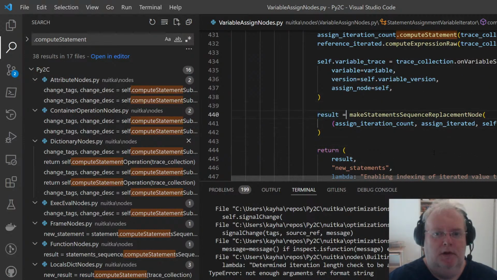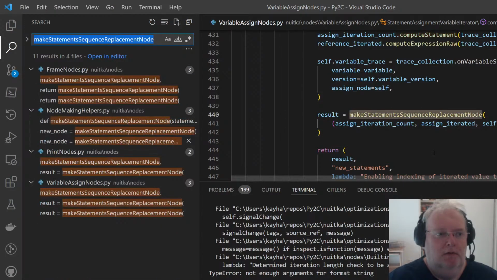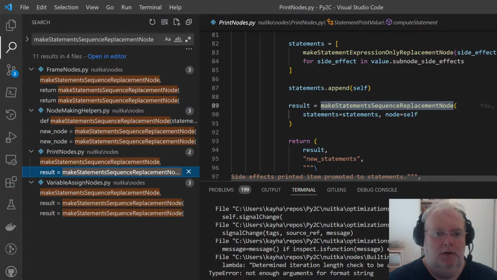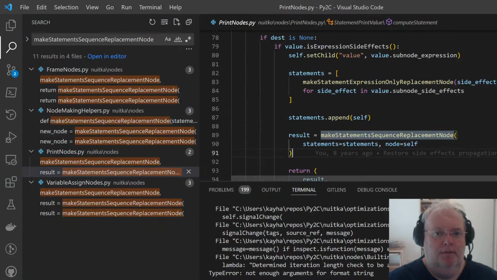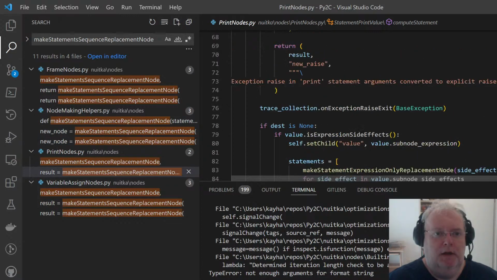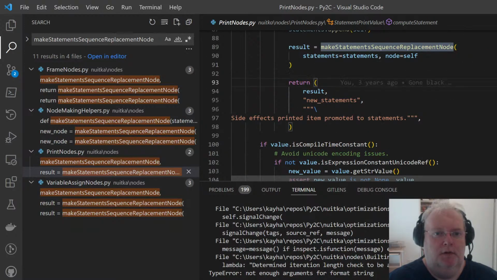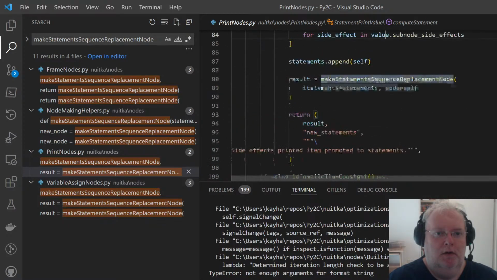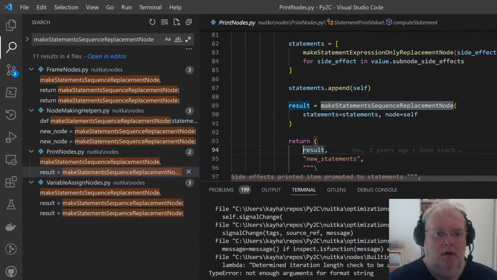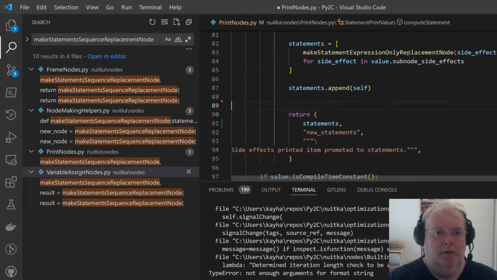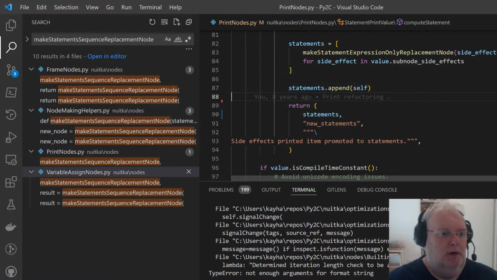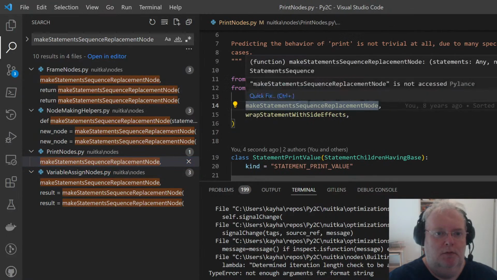Yeah, because I need to make up here something. But okay, it's not used in many cases. What's going on here? Statements. So print is trying to replace itself here. And I could just make the statements. Probably no longer pilot clean after this. Let's remove that then.